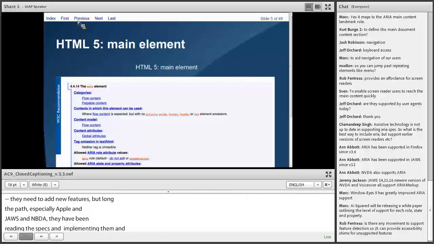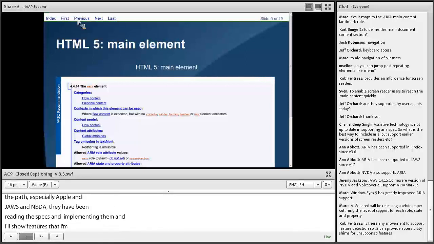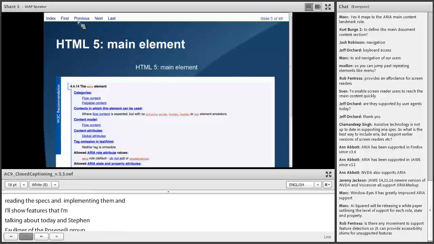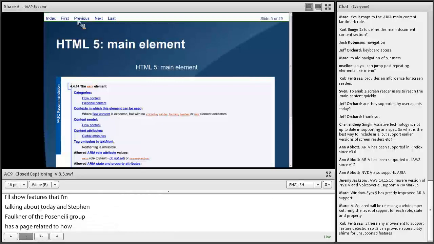And Stephen Faulkner of the Paciello Group has a page related to how browsers are implementing ARIA and HTML5 features. So you can look at where browsers are at. I don't know of a similar page for assistive technologies. And I think that's something the community needs, because I think the questions that people are asking are the same